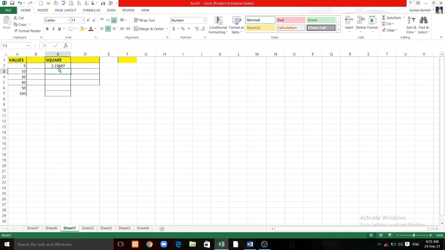So it is 2.23607. If you want to reduce the decimal values of this number, you can use the decrease decimal option by clicking on this. If you want to increase some decimal values, keep clicking on this increase option like this. And to apply this formula to find the square root of all these values, just hold it and drag down. We can also call it the fill handle method. So next time I will use the word fill handle, not drag down.